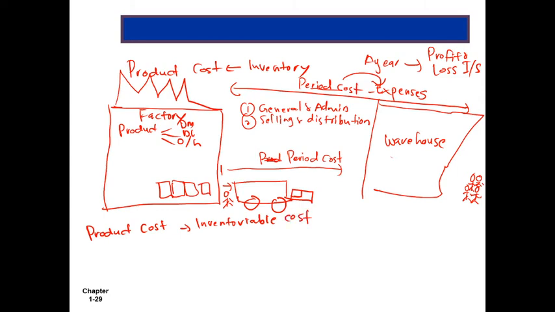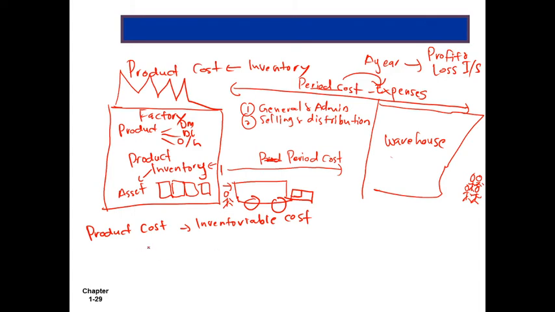Because what we produce in this factory is our product, and actually our product is our inventory. So what is inventory? Inventory is our asset. As long as we don't sell our inventory,